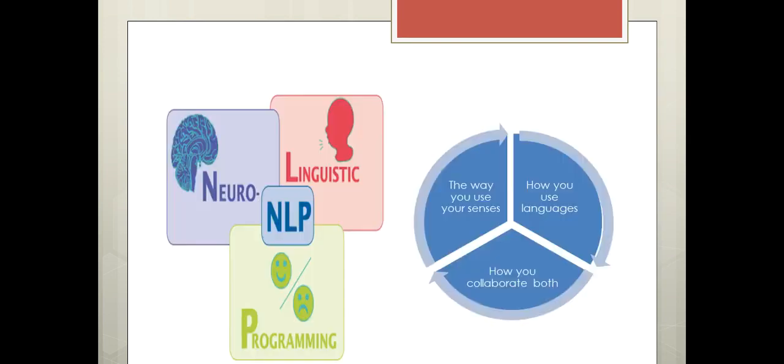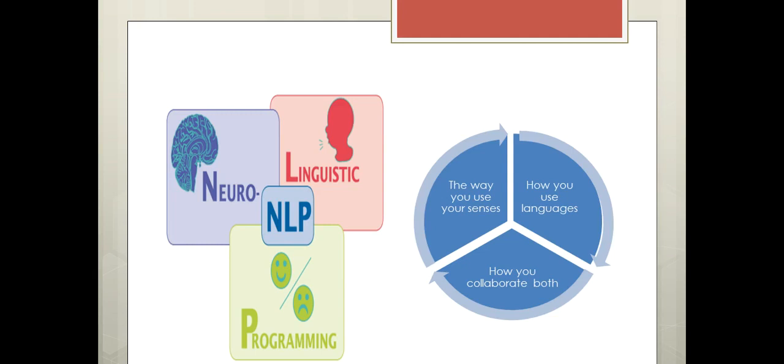So what is NLP? It can also stand for neuro linguistic programming. We can say natural language processing is neuro linguistic programming. Neuro in the sense of the way you use your senses. We generate data in different forms, like when we speak something. Now I am speaking, so I am generating data in the form of audio. The audio can be converted into text so that I can process it. If I want to analyze data, I have to transfer the data from audio format to text format to give it to the machine as an input.